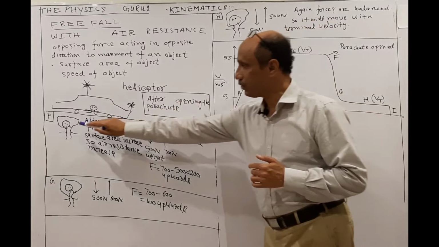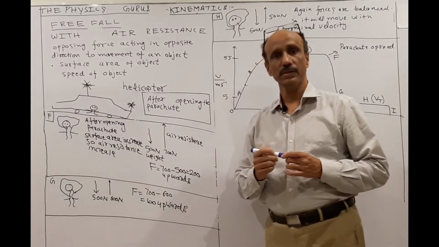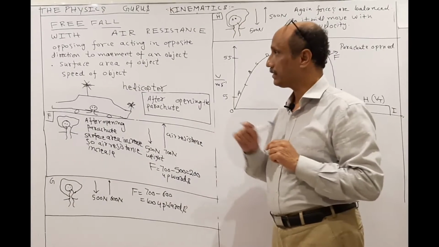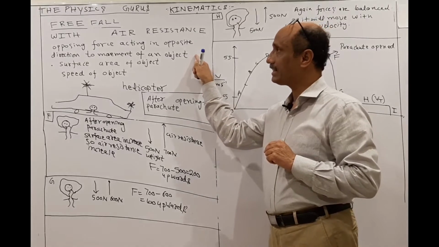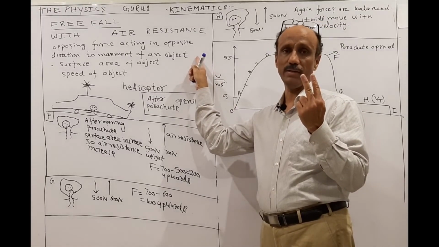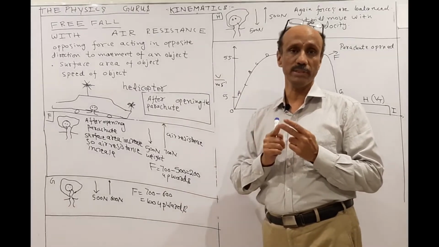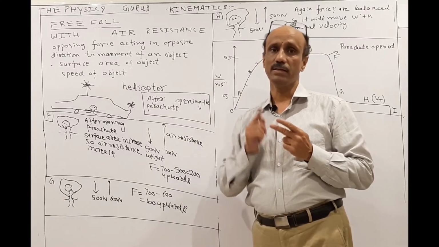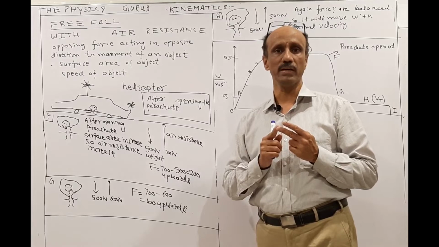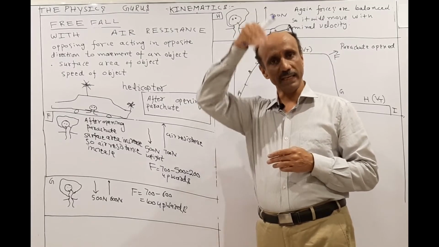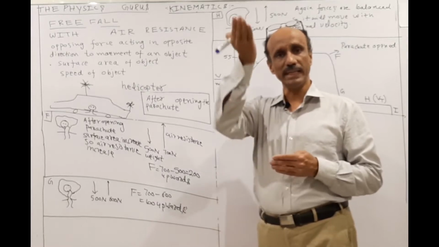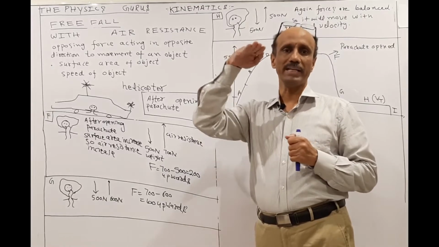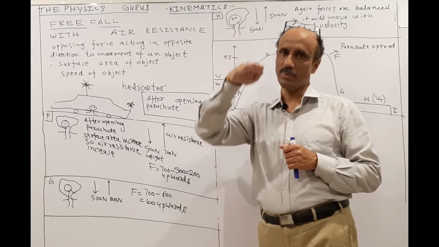When he opens the parachute, as you can see in diagram F, the surface area of the parachute will increase. We have already discussed that air resistance depends on two factors: number one, the speed of the object, and number two, surface area. Before opening the parachute, the paratrooper was moving with terminal velocity. It means that the forces were balanced. The weight acting downward and the air resistance acting upward were balanced. The resultant force was zero. The object was not accelerating, but moving with constant velocity.